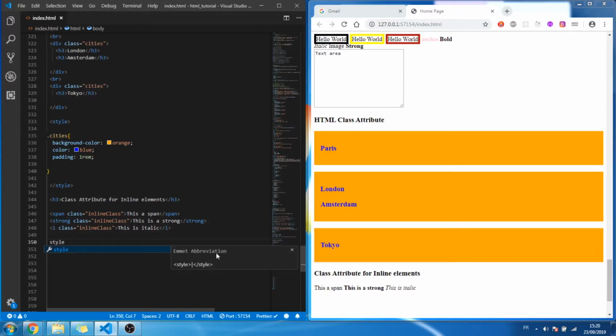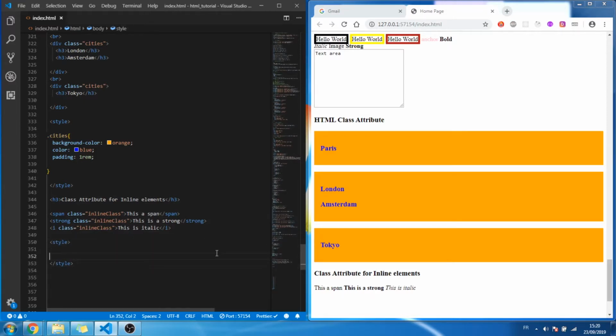Now create a style, start from a period, and then the inline class bracket,